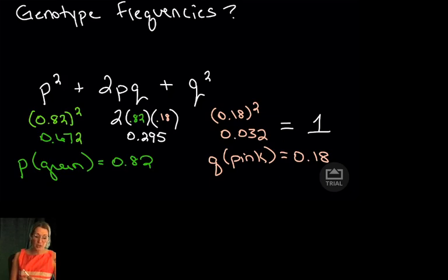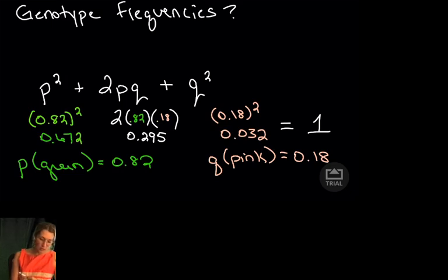We're sticking in our 0.82 for our P in our heterozygotes. We're sticking in our 0.18 for our Q in our heterozygotes. And then we're squaring our 0.18 for our homozygous recessive individuals. Just some math. And then this gives us our ratios of each of our genotypes, because remember that P squared,